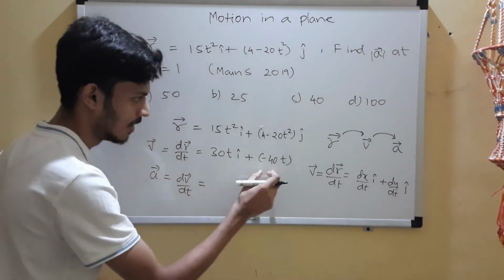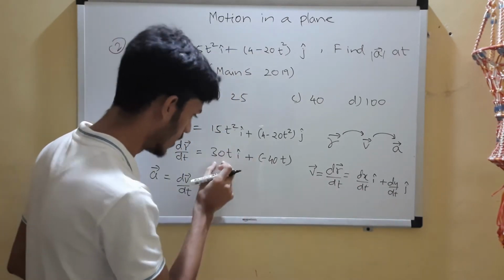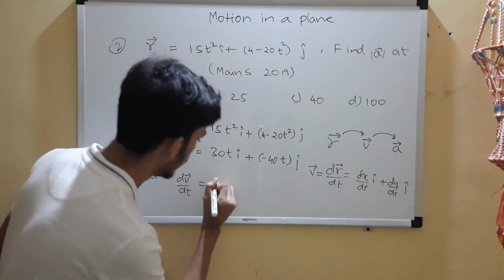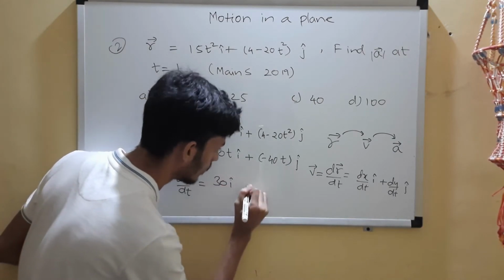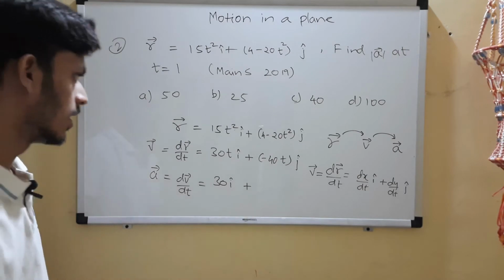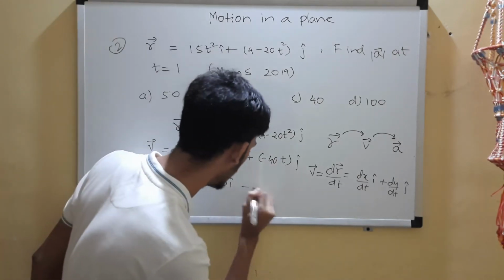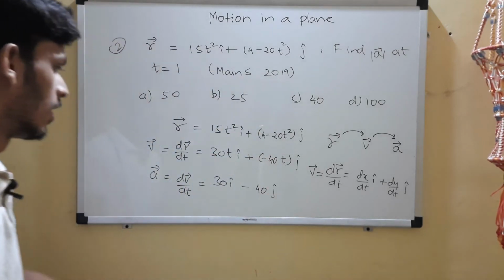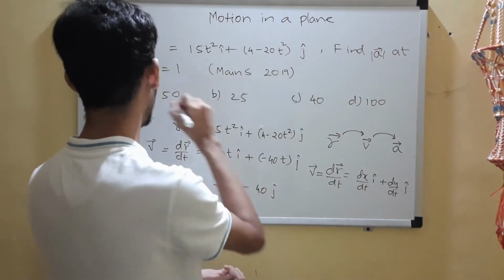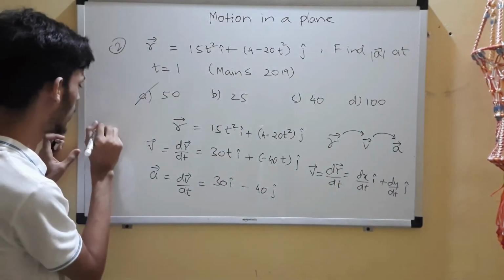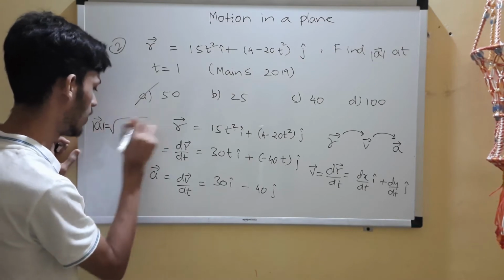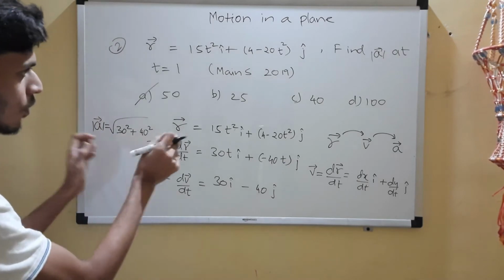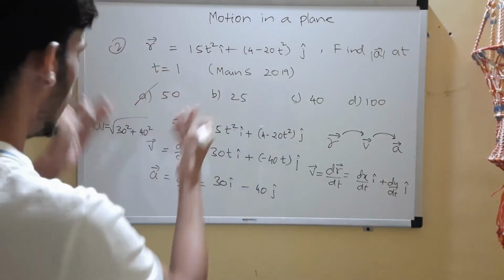So again the same procedure which we applied over here. Differentiate this and differentiate this. Don't miss the vectors. So 30t differentiated, 30 I cap, plus again differentiate this, the minus sign will remain, 40 j cap, this t will go. 30, 40, 50, the Pythagoras triplet, so 50 is the answer. You are asked for the magnitude, so that will be 30 square plus minus 40 square, so that doesn't make any difference. The 3 4 5 triangle, I can remember that, so it will be 50.